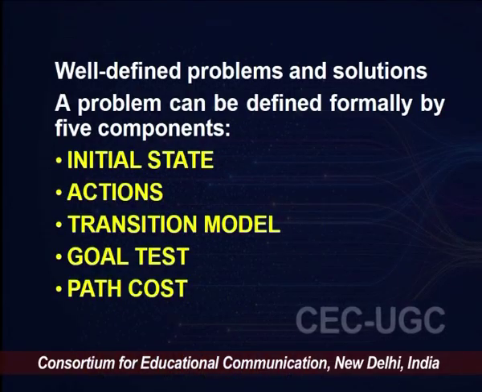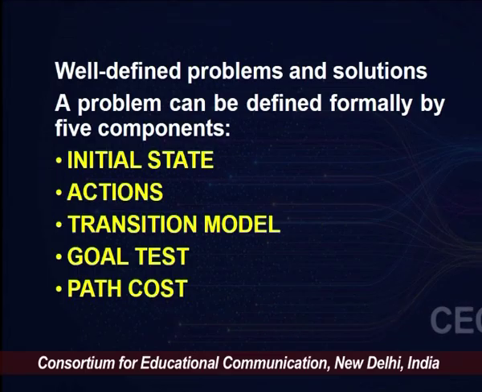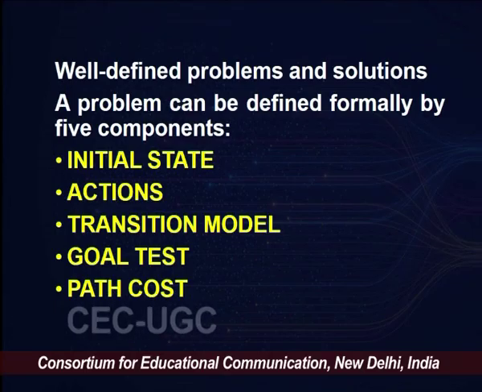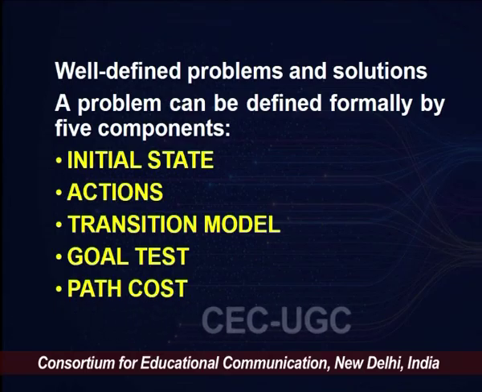There are 5 components: initial state, actions, transition model, goal test and path cost, and we have seen all these 5 components in the previous lecture along with various examples. Let me help you recall the toy problems, which included the 8 tile puzzle problem, and we have also seen all these 5 components of a well defined problem using the example of the vacuum cleaning world.